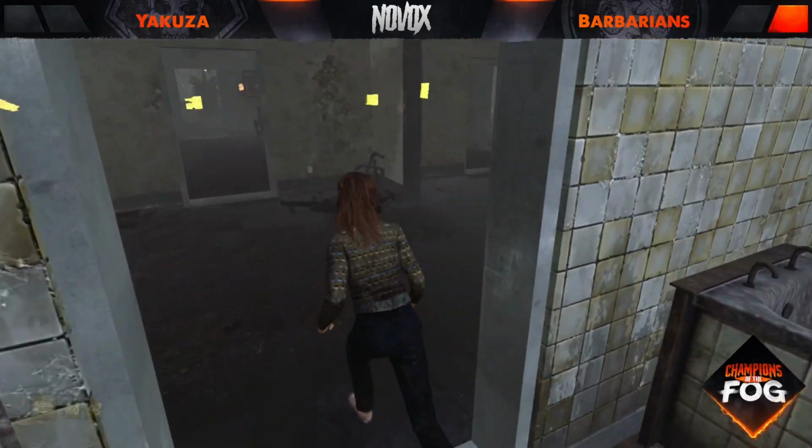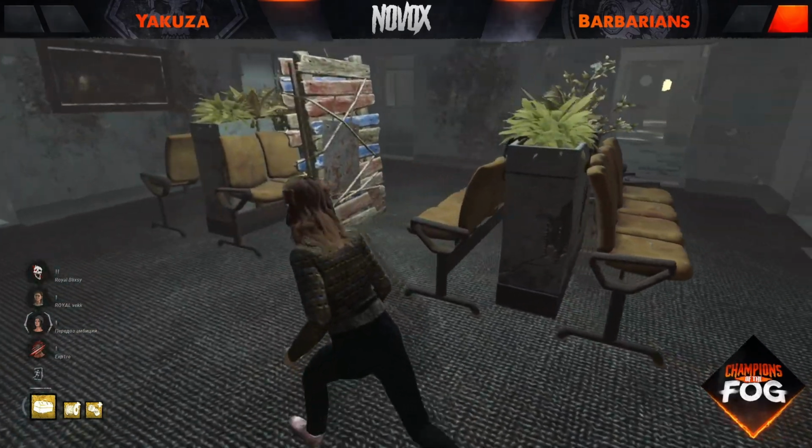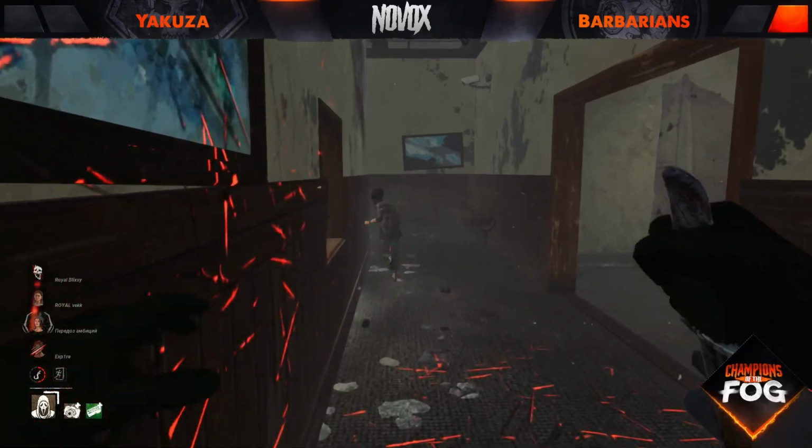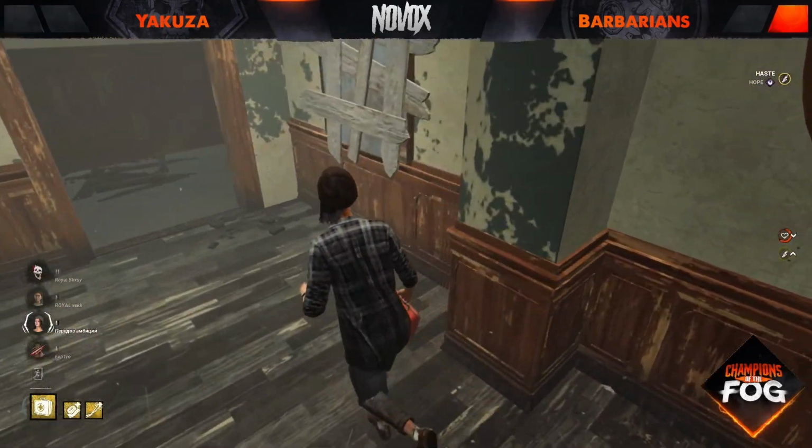And now Claudette able to get the exit gate. Nancy going to get away scot-free. Nobody's stalking them. And Nia, the one in chase. I think they forgot that this pallet was thrown already. And Nia...